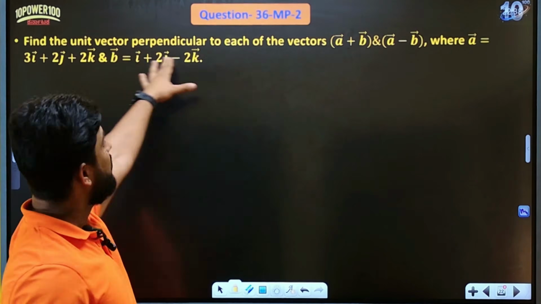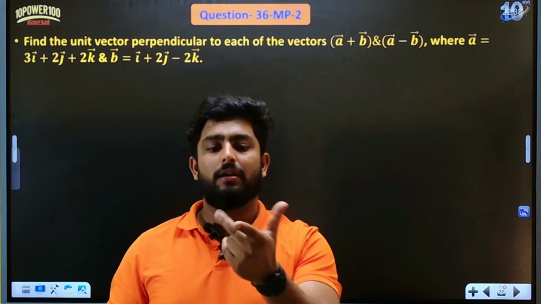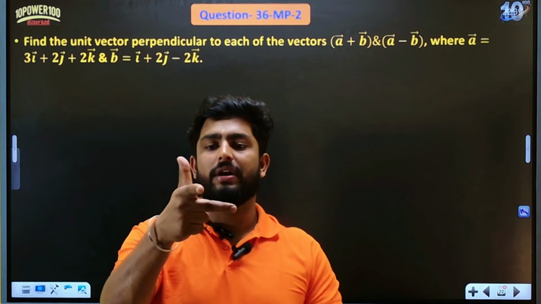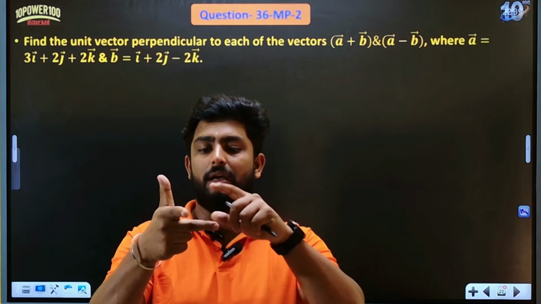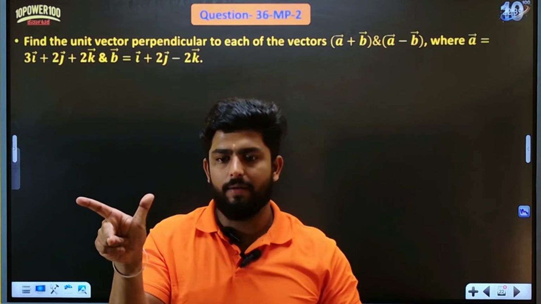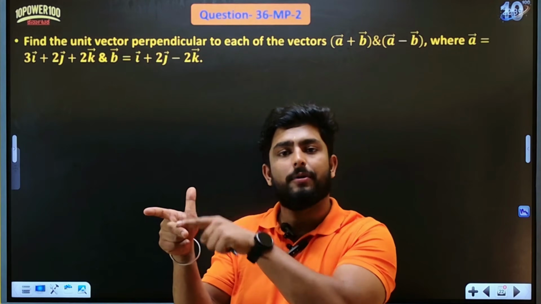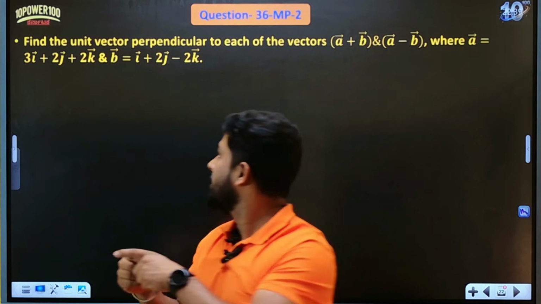We have to show that the unit vector perpendicular to both of a plus b and a minus b. So unit vector, this is the condition. Unit vector perpendicular to both a and b. This is a vector and this is b vector. Is it visible? Yeah. So this is A vector and this is B vector. The perpendicular vector will be the cross product of these two. Okay. In this case,